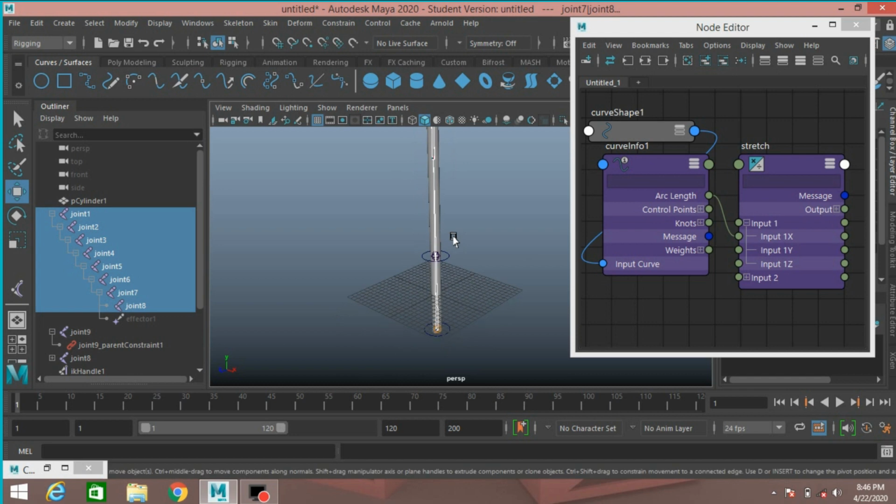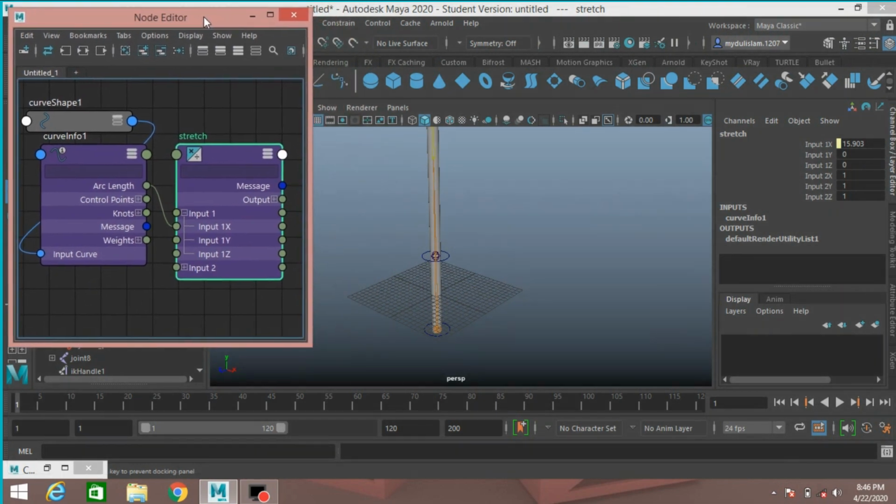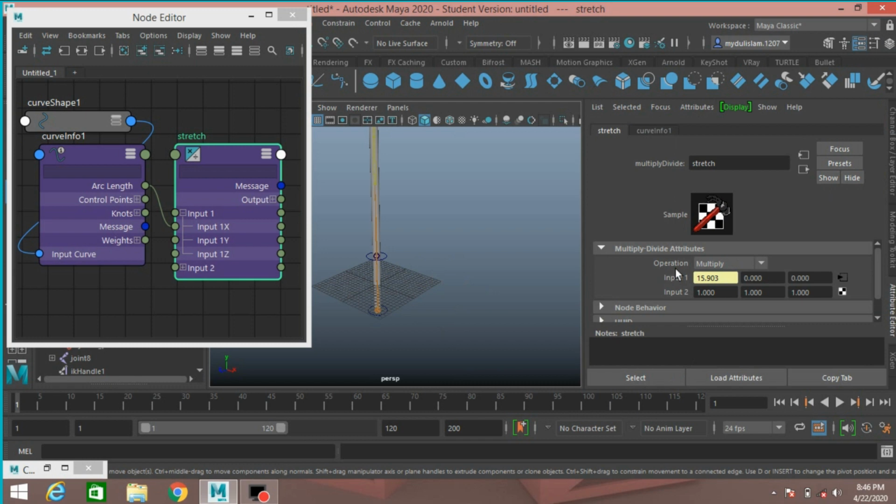Now to fix this, first select the stress node, open attribute editor and change operation from multiply to divide and copy the input 1 value and paste it to input 2. Press enter and see.